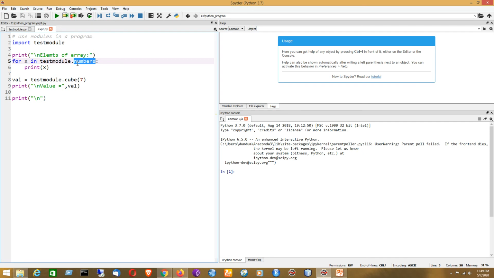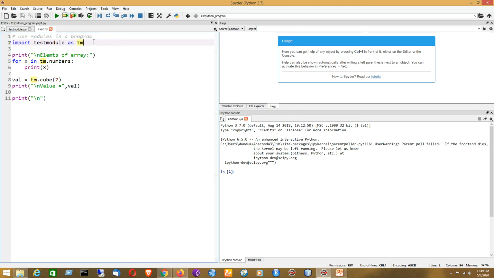Now I have already shown you, instead of mentioning the complete name, or say for example if the name is too big, you can rename it, okay. So for example, test module is a big name, so I can replace it by using a rename operation, like an alternative name. Say for example, instead of writing test module, I can write here TM, okay. So now the test module can be replaced by TM also. So that is an alternative technique, remember that. Clear? So instead of using the big name specifying the module that has been created earlier, I can also use the rename option, okay. So in that way it will become easier for you to access the members by using smaller alternative names.